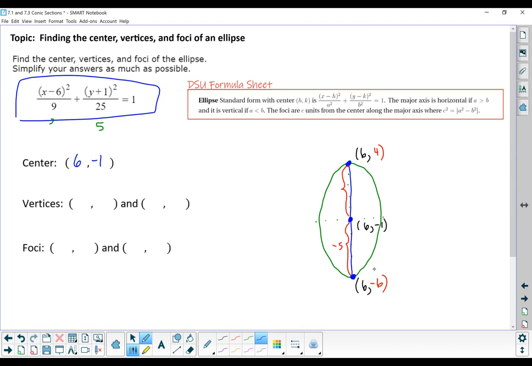And again, I just used the y coordinate of the center and I subtracted 5. I used the y coordinate of the center and I added 5. Whoops, I put a comma, but I definitely don't need a comma there. Okay, so the other 2 points that we want